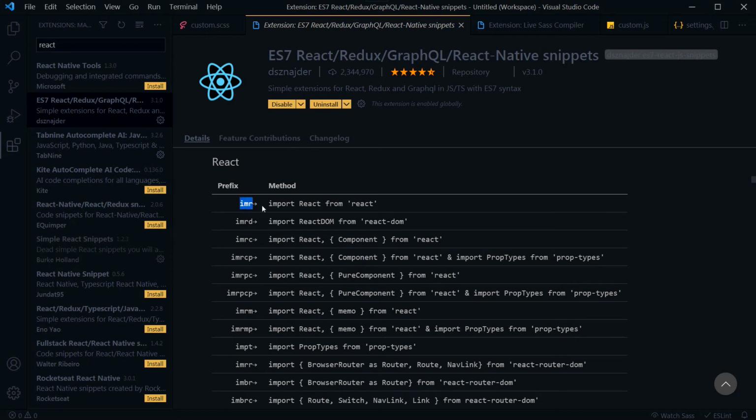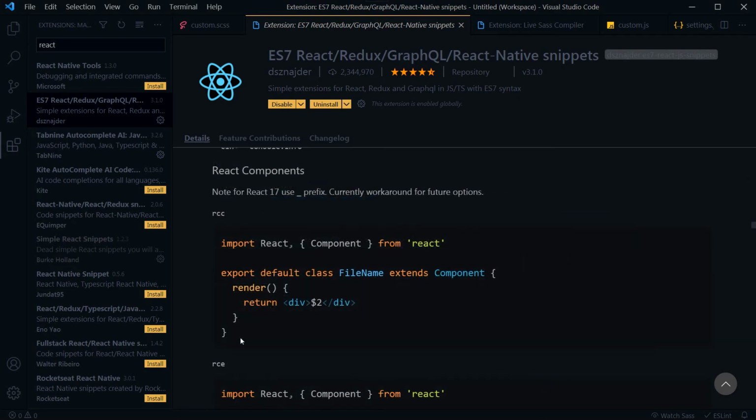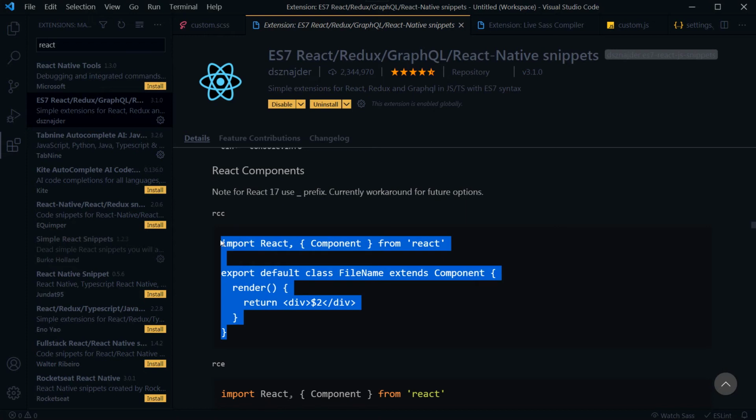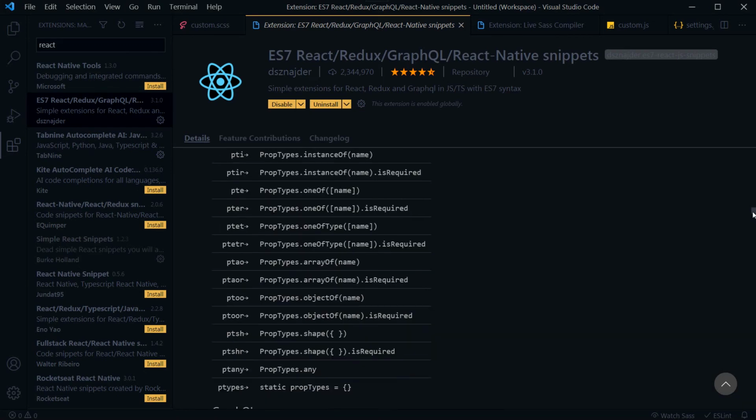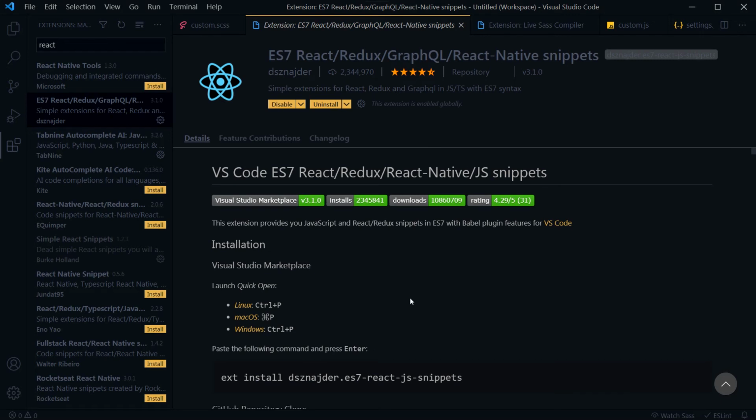And IMR will give you this line to import React. And to get React component code like this, you'll have to use this RCC shortcut. So for almost every extension, you'll have to read the docs about how to use it.